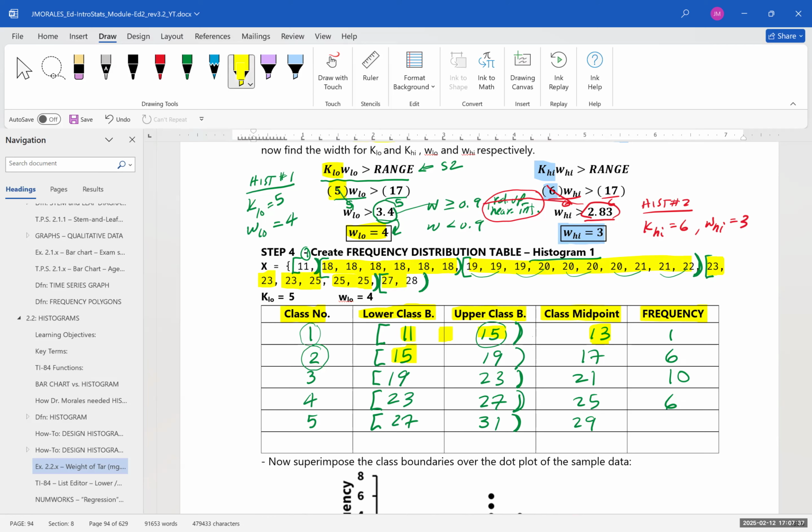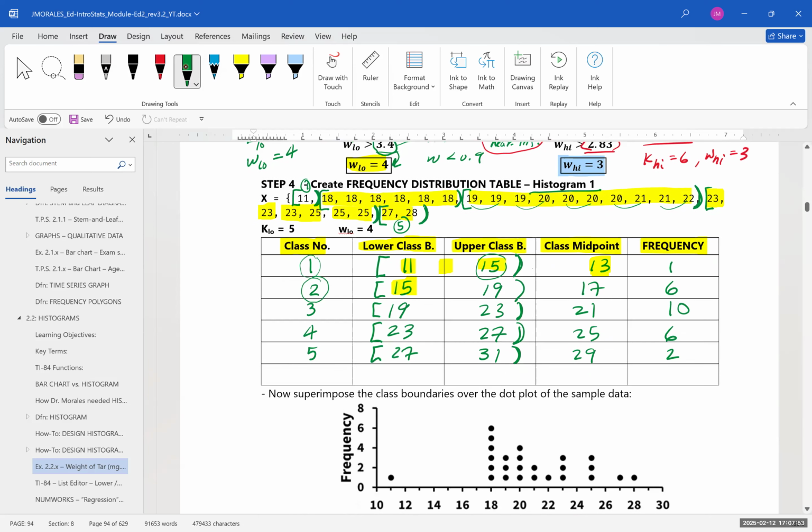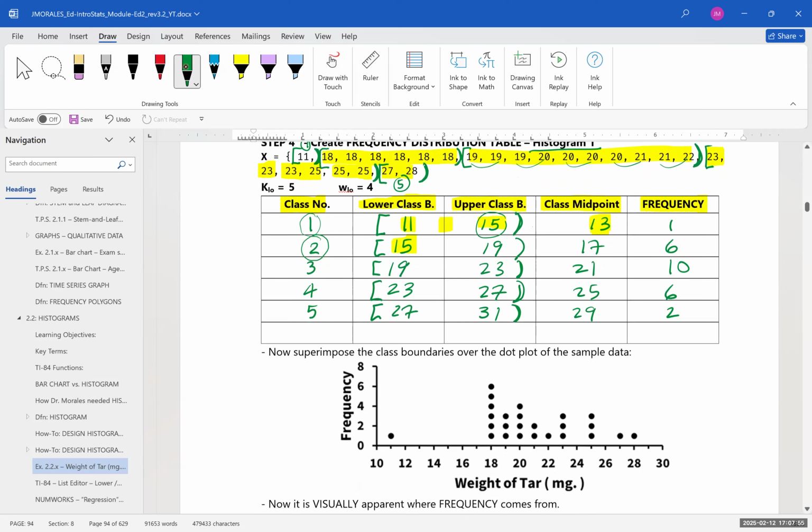So how many do we have in that interval? We've got 2. So that's class 5. This is one way that you could parse your data set into classes if you had a list of numbers like this. But if you had a dot plot, such as I do,